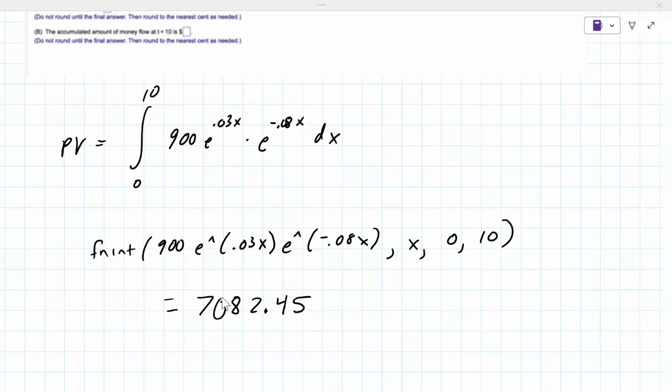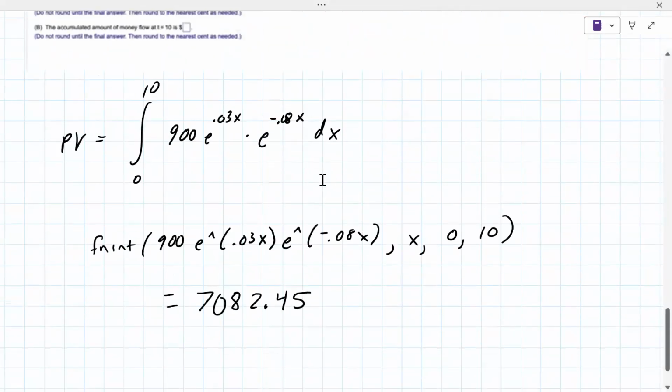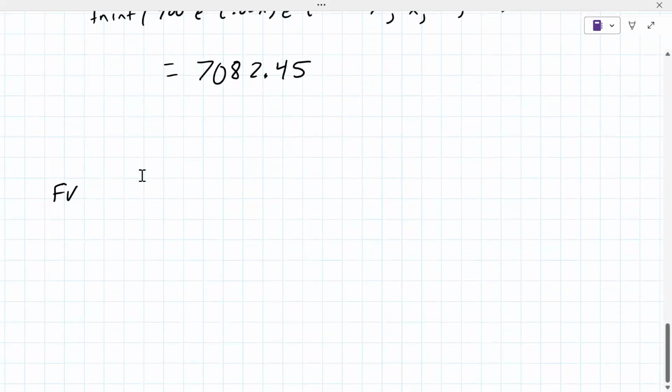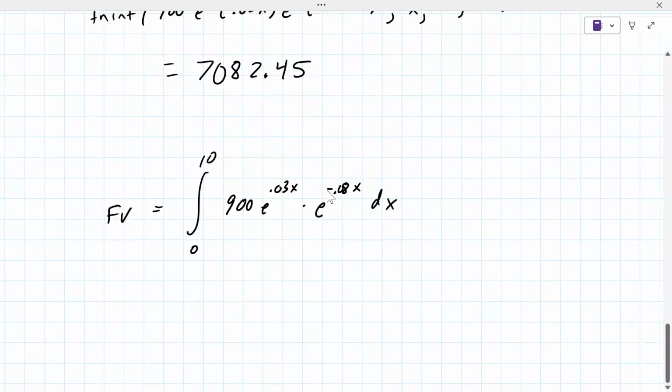I got 7,082.448. Okay, so now the future value is really similar here. The only difference for the next one is that this one goes to positive, and then it's the number of years minus x. It would be 10 minus x dx. So it's very similar. fnInt